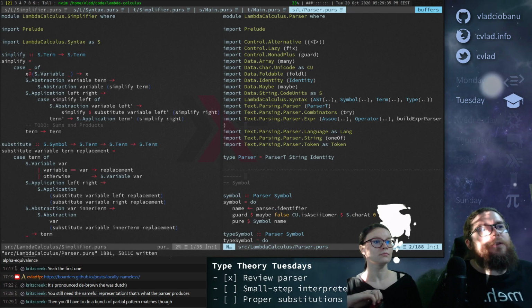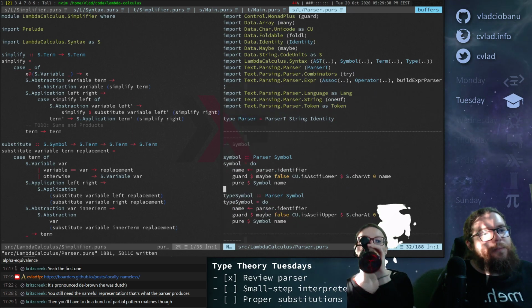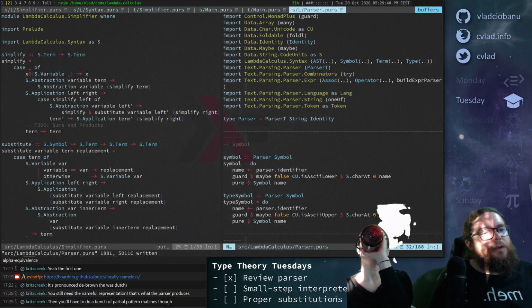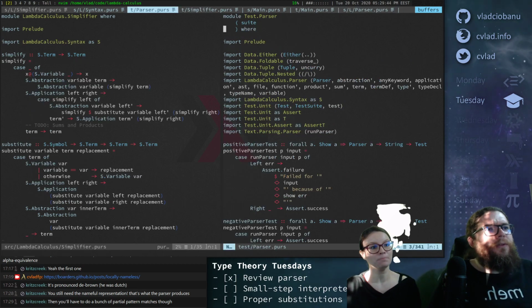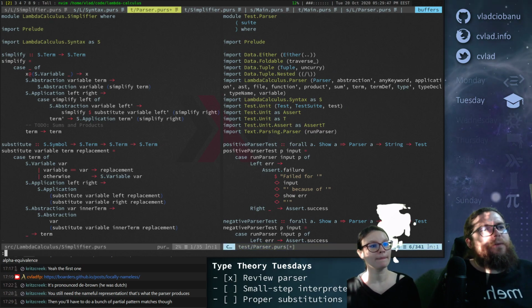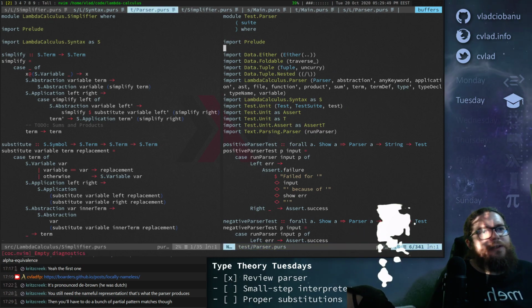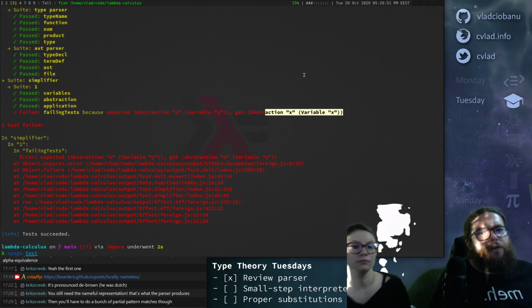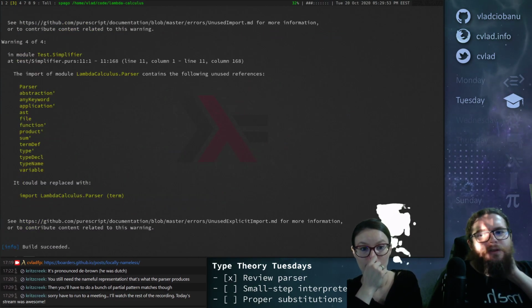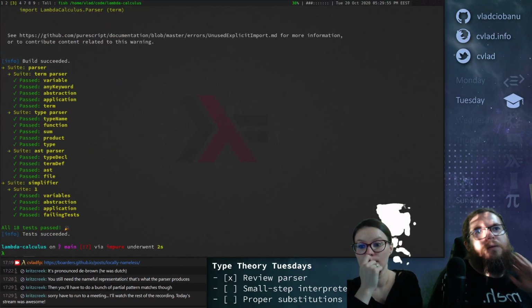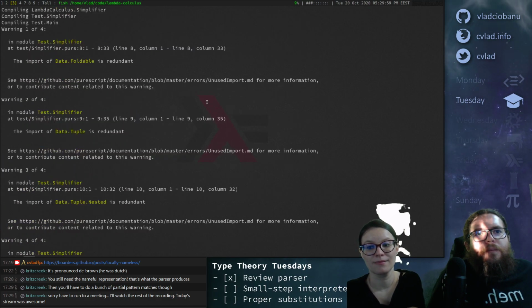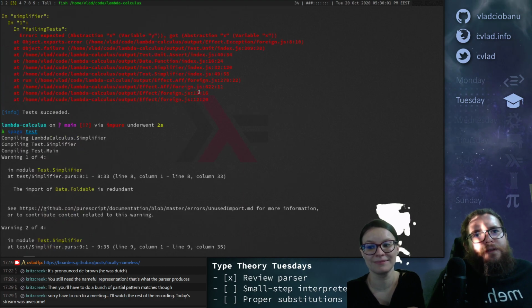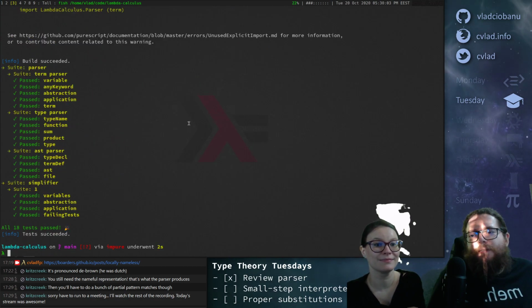I don't think so, right? Because we're only constructing, we're never pattern matching in the parser. So this works out perfectly fine. And then in the tests, again, I don't think we pattern match on anything. We just test for equality, right? So if we run all our tests again, I'm pretty sure they will just work. Wait, import. Oh, okay, yeah, some redundant imports in the simplify, right? But all the tests still work.